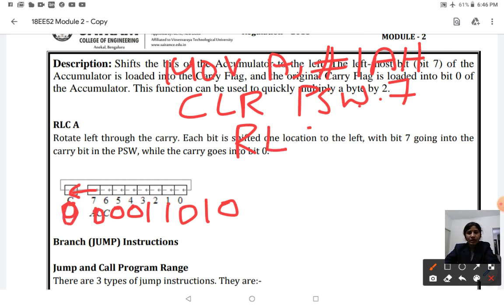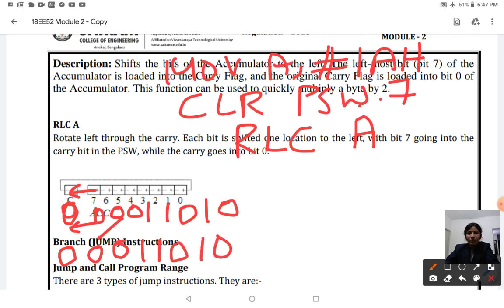Now you execute the RLC instruction for the accumulator. Whatever you have in the 7th bit will move on to your carry bit. It is rotate left, right, so whatever you have takes the leftmost position: 00110110, and what you had in the carry bit will be moved in as the LSB. So here also I will be getting 0.